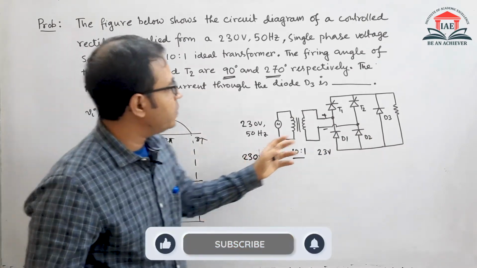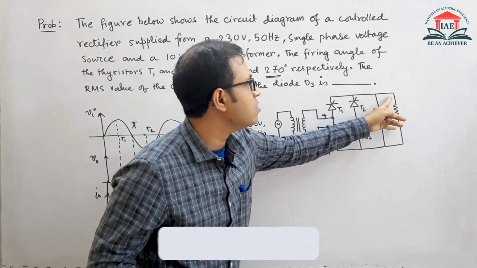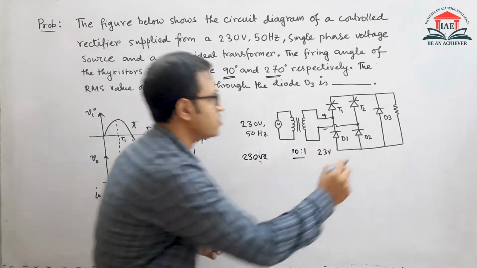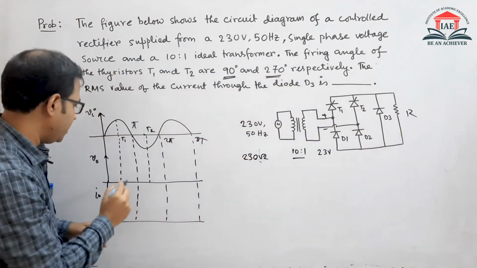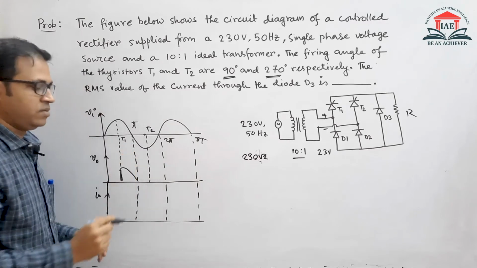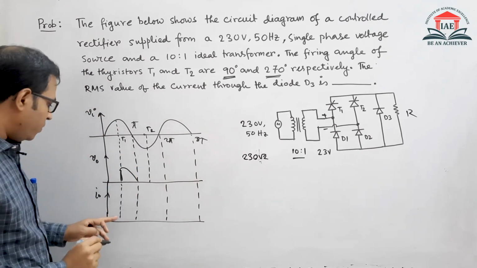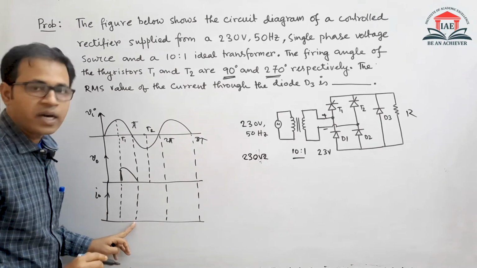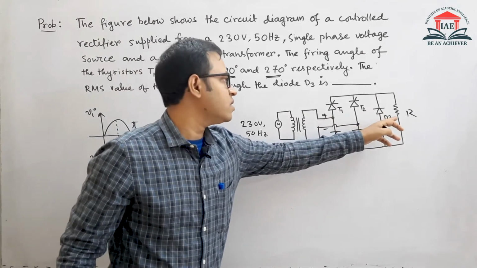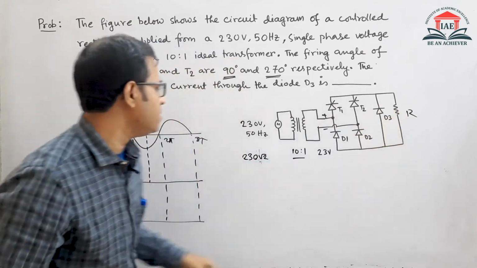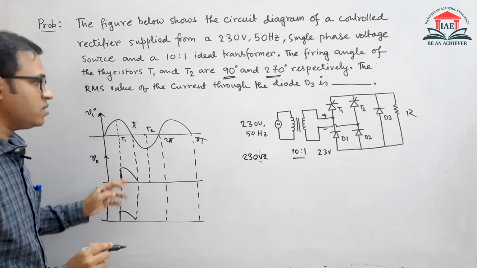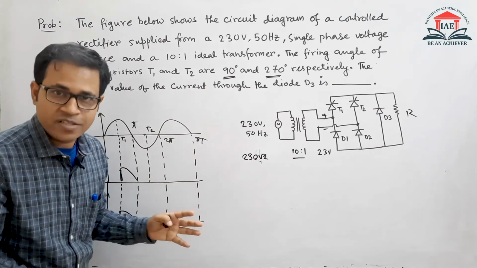So this input voltage will appear across this load, and the load as shown is an R-type load. Mind it, the load is shown as an R-type load only. So this is resistance only. Then the output voltage will be the input voltage. So this one, and here we will draw the current. Who will be responsible in this duration for the current conduction? The responsibility will go to T1 and D2 only. And because there is a resistive load, the current will be in the same phase as the input voltage. So it will be something like this, because input voltage and current are in the same phase for a resistive load, all of you know.